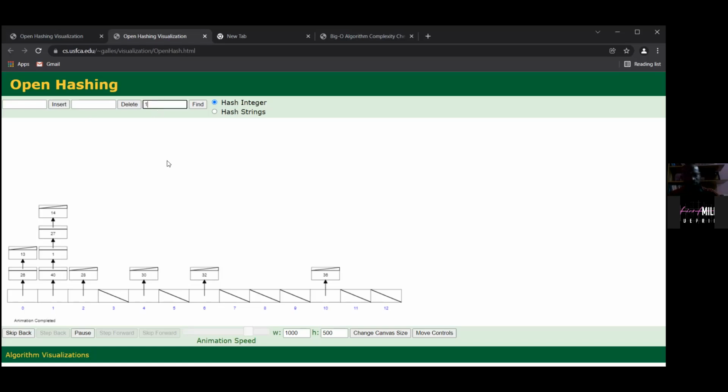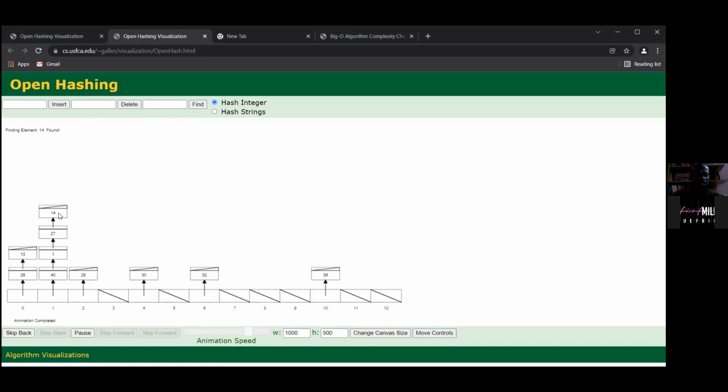Let's find 14 so that you understand. Just watch what will happen. You get it, right? So now searching for 14 will occur at the rate of the number of items in the same memory space before 14. That is going to be 1, 2, 3, 4.